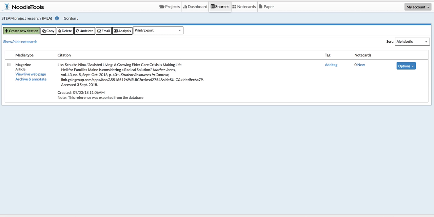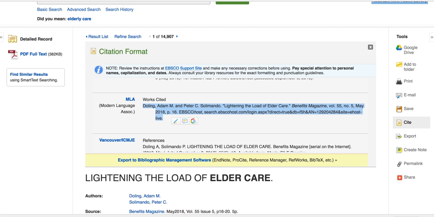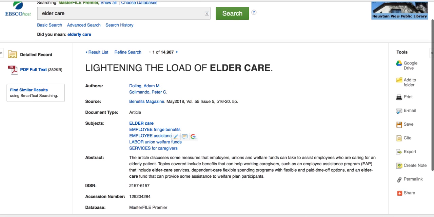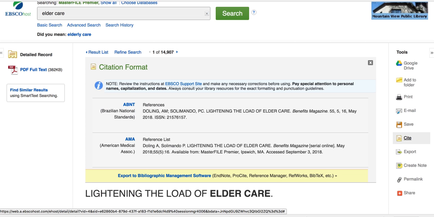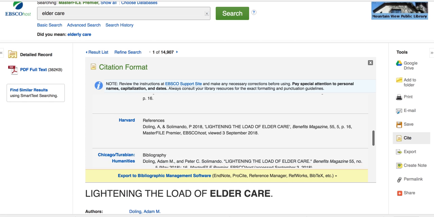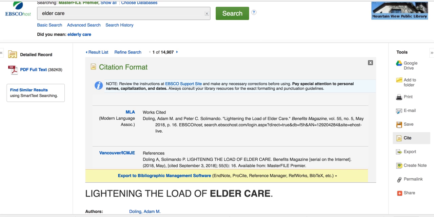Now, if you're looking at another database and it doesn't have that feature, there's another way that you can import it very easily. So let's say I'm in EBSCO and I want this magazine article in my citation source page. Again, all I have to do is click the Cite tool over here and select the citation. Now, they don't have an export feature to Noodletools, so what I'm going to do is just copy this citation,